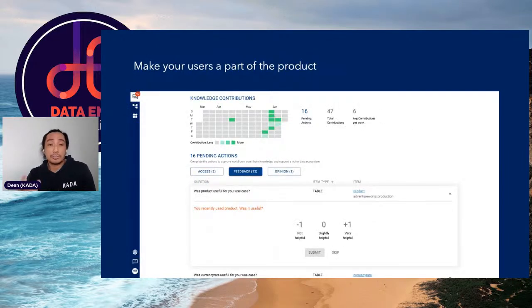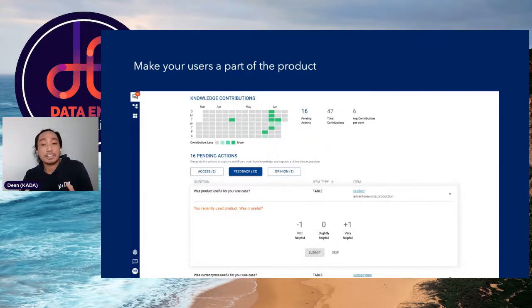The third thing that you should also consider is, how do you create a feedback loop for your data products? One of the things that we do is we capture feedback, opinions, confirmations from users at different parts of the product lifecycle to give product owners the insight on how to improve their data product. Now, if you can't do this automatically, then at least try to consider doing it periodically, so that you've got some understanding of the qualitative value that your products are performing at.